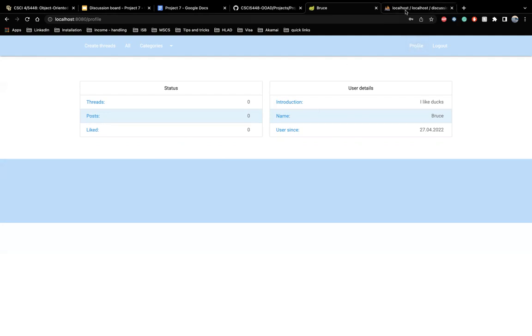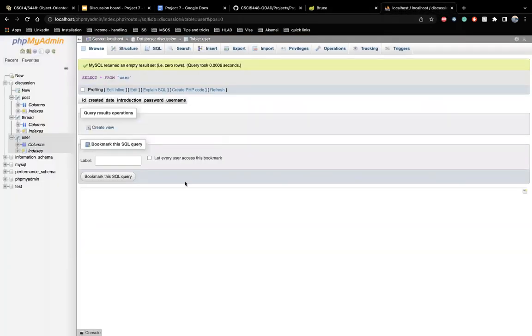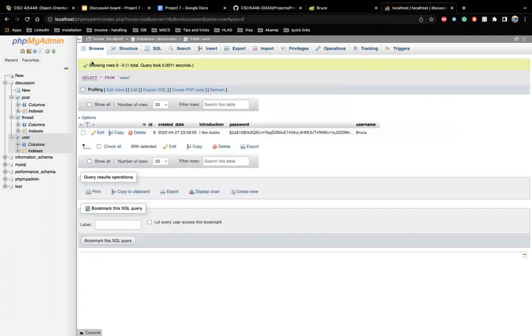Now let's quickly look at how the tables and DBs are created in our XAMPP MySQL server. This is our DB, discussion DB, which has 3 tables: posts, threads, and users. Posts is used to hold the posts that are created by users in different threads. Threads are the different discussions that users create and discuss with each other. The user table holds the user details. This is just an example where we created a new user and their introduction and their hashed